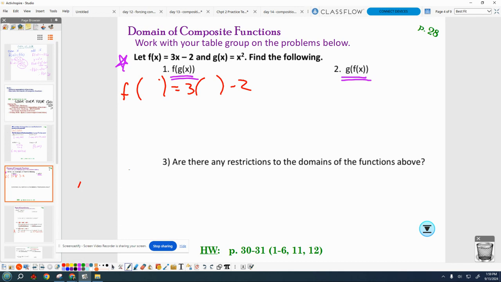Can you guys look up for a second? Those of you who were not happy with this earlier, third and fourth period had issues and I had to